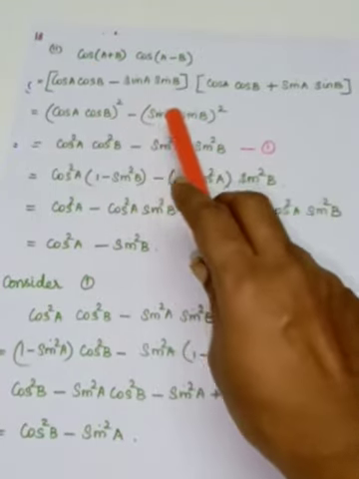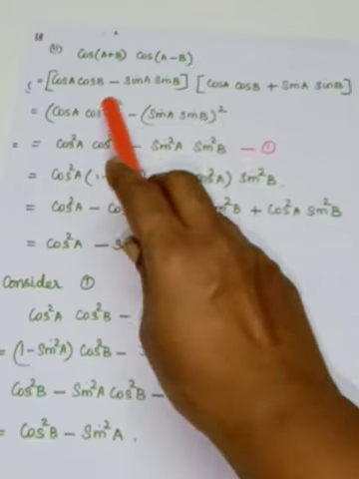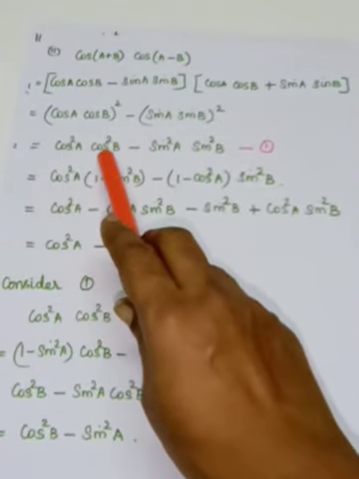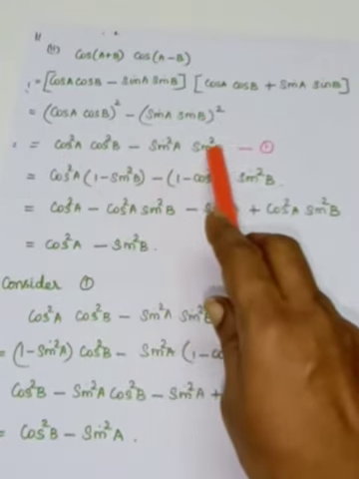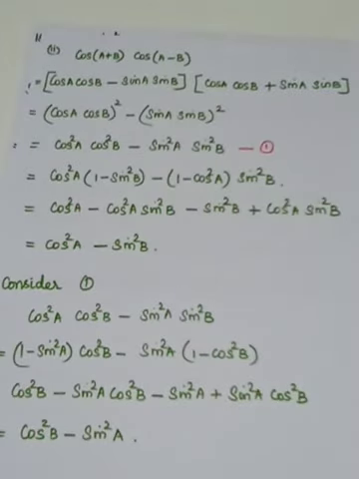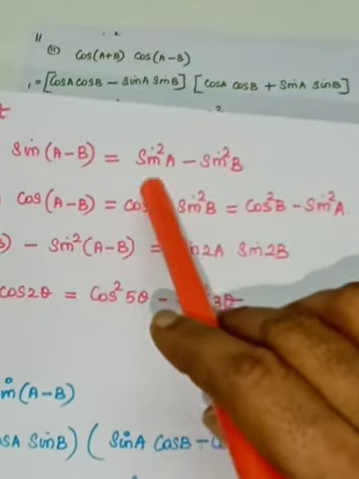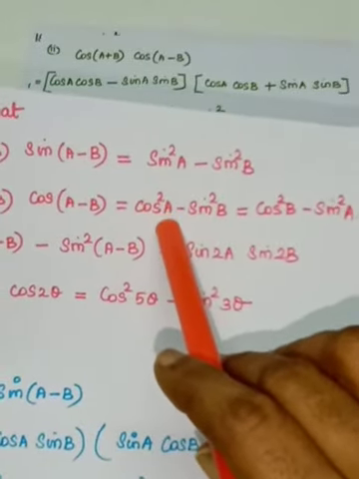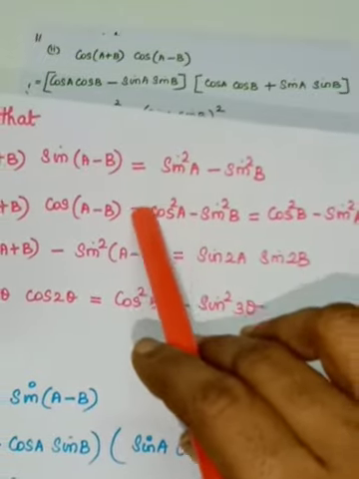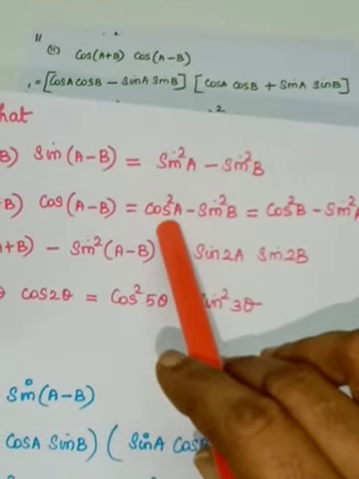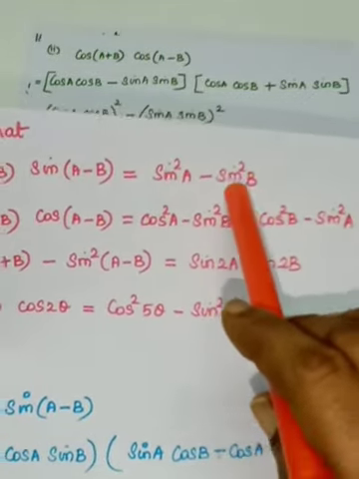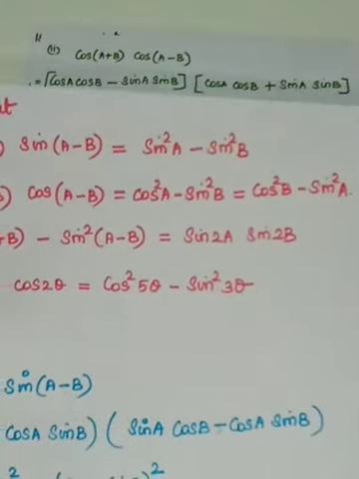What is your B? Sin A, sin B. So when you square, cos squared A, cos squared B minus sin squared A, sin squared B. Okay, you see, first one, you look at that. What you have to prove? Cos squared A. So A is the angle, means you have to write only cosine function, cos squared A. B is the angle, means you have to write sin squared B.